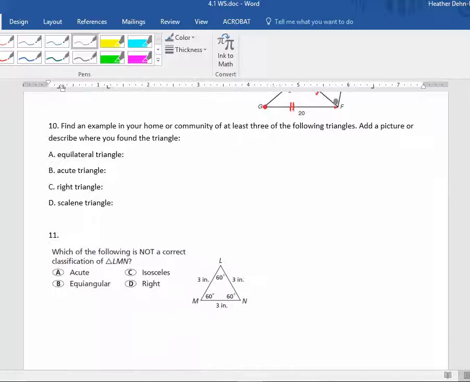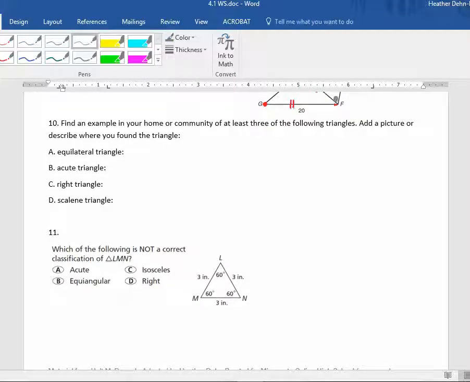All right, then the next question asks you to find examples in your home or community of these kinds of triangles. You can either take a picture and upload it, just copy and paste it into here, that would be cool, or you can look around and just find examples. Now I'm just looking around my room right now, and I can see my front door from where I'm sitting, and it has several right triangles built into the decorative glass. So I would just write that,